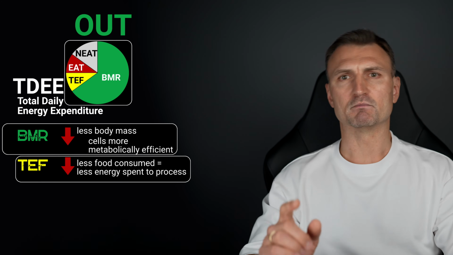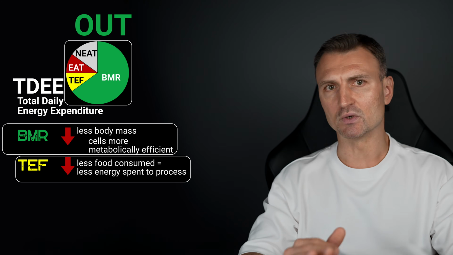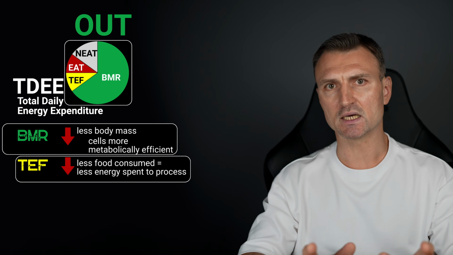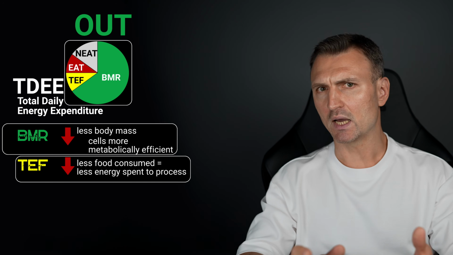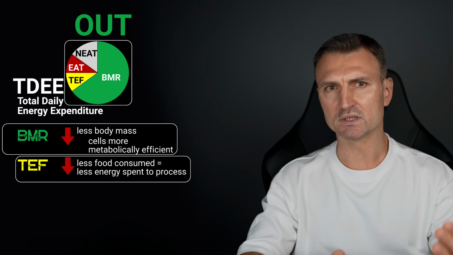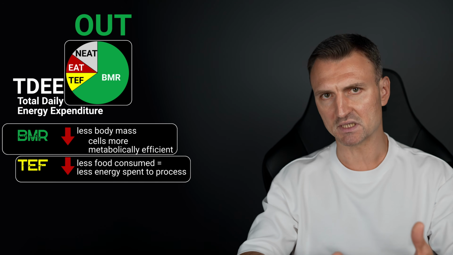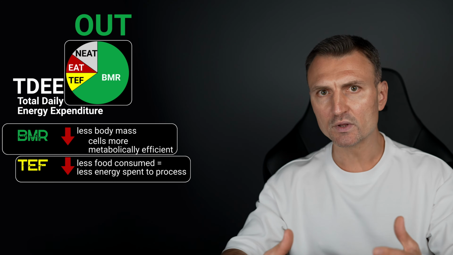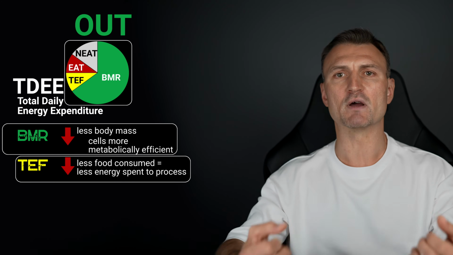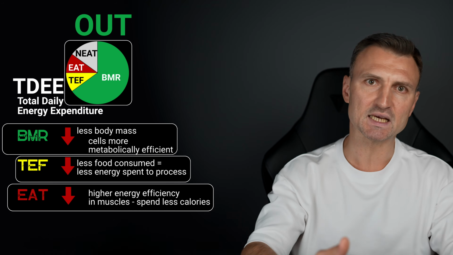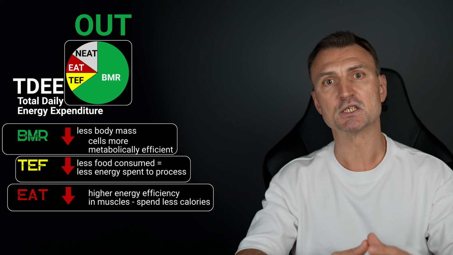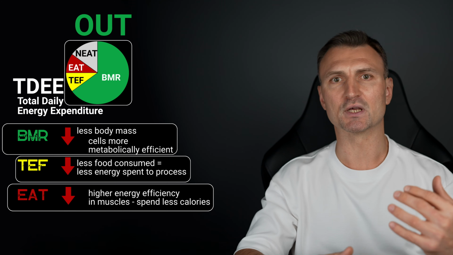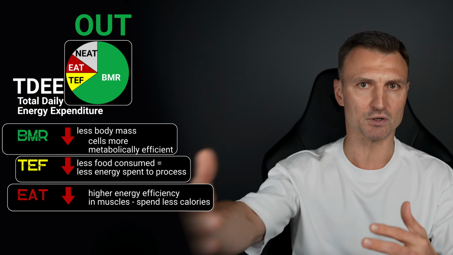Now, going further, you remember that we had these 2 components to activity thermogenesis. We had EAT and NEAT, exercise and non-exercise activity. So what happens with exercise spending? Turns out that if we maintain our exercise activity at the same level without much of a progression, then along with the weight loss, our muscles become more efficient and they require less ATP, less energy, which means fewer calories to perform the same amount of exercise. So with a constant training program, we'll be burning fewer calories